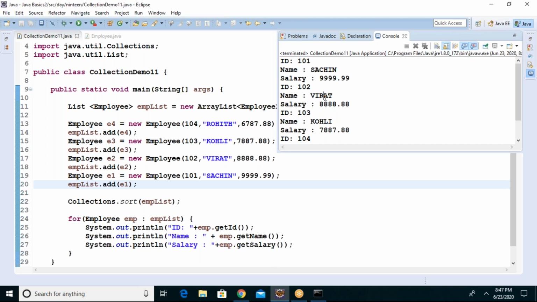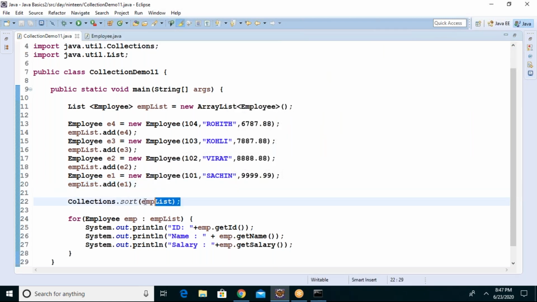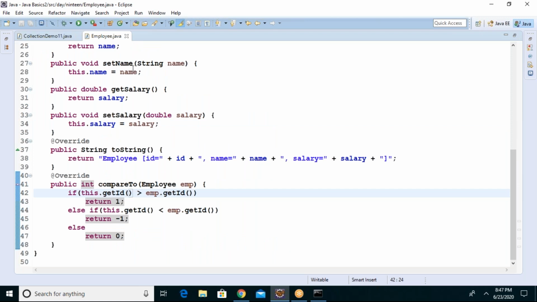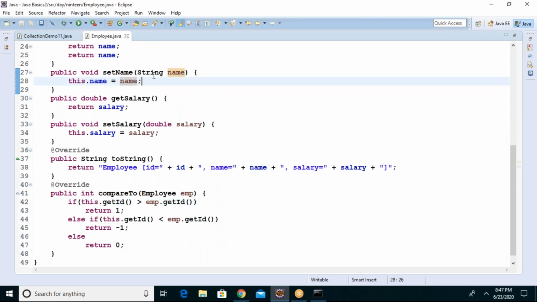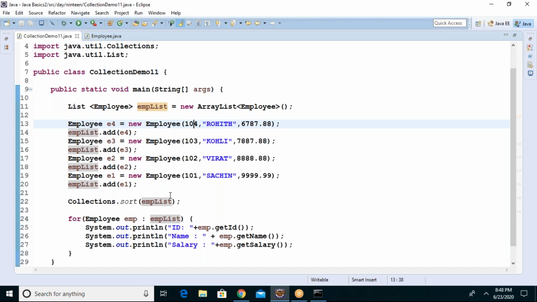This is what we call default sorting. I mean, without any specific parameter, you are simply saying sort my objects, the ArrayList objects. Then it is sorting based on the ID, because in the class itself you provided the sorting logic using the getter.